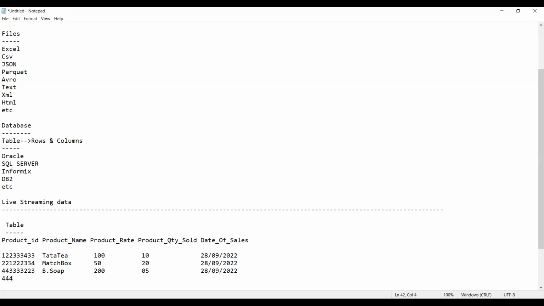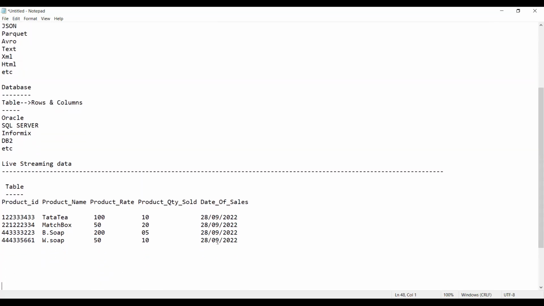Now I'm entering one more row here: washing soap, 50 rupees, and 10 pieces sold, on 28/09/2022.